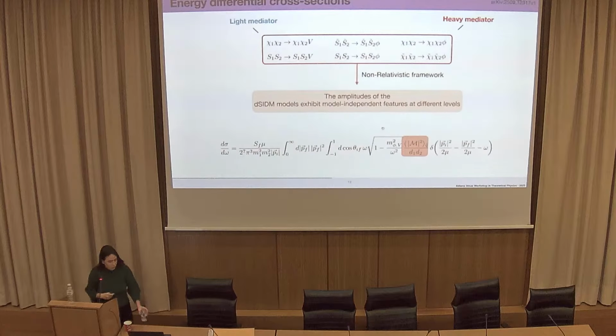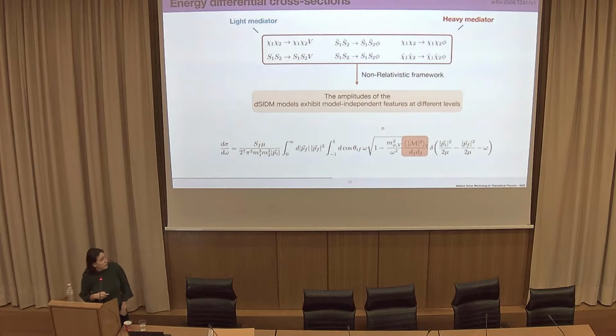So if I have to resume quickly, everything I just told you is that even though we started with 6 really different dissipative models, the fact that we are in a non-relativistic framework leads to some model-independent features inside our emission amplitude at different levels. For example, at dipole order, you end up with a really common expression for the emission amplitude, while at quadrupole order, you still have some model dependency, but you end up with 3 expressions instead of 6.